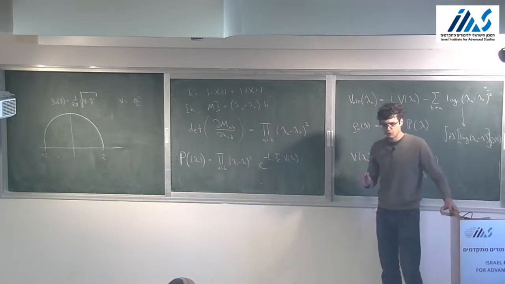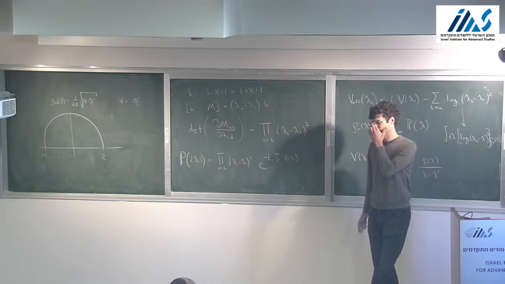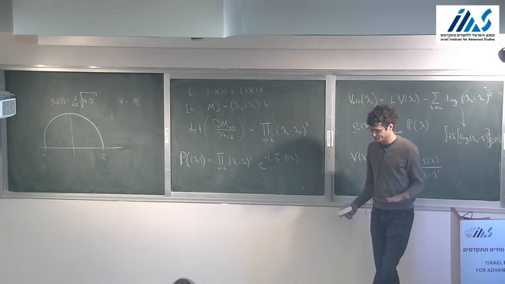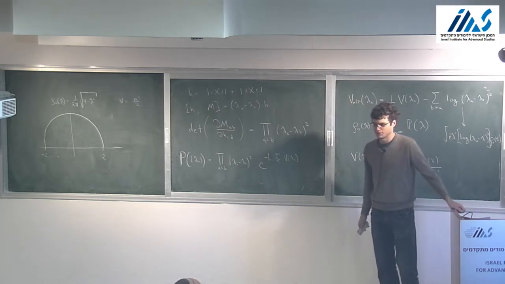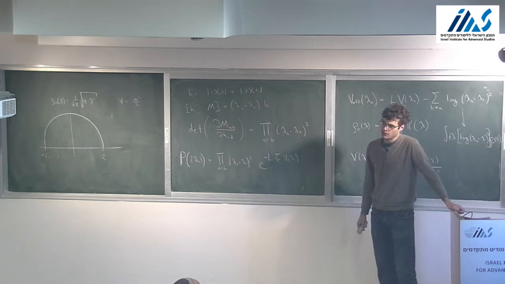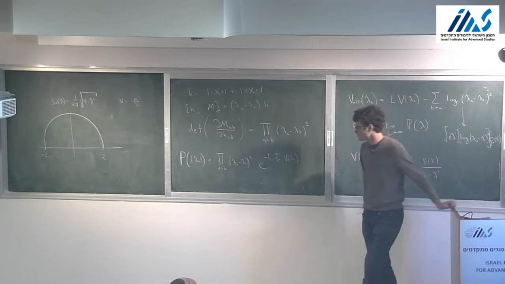And that's not an extremely easy calculation. It's not terribly hard, but it's not extremely easy. And there are many different methods for doing it. The one that I'm going to show you is, in some sense, sort of like a heavy hammer, which can be employed in the discussion of random matrices. It's not very convenient for thinking about SYK or gravity, but I wanted to show it to you as a very useful tool in the analysis of random matrices. It's known as the method of orthogonal polynomials.